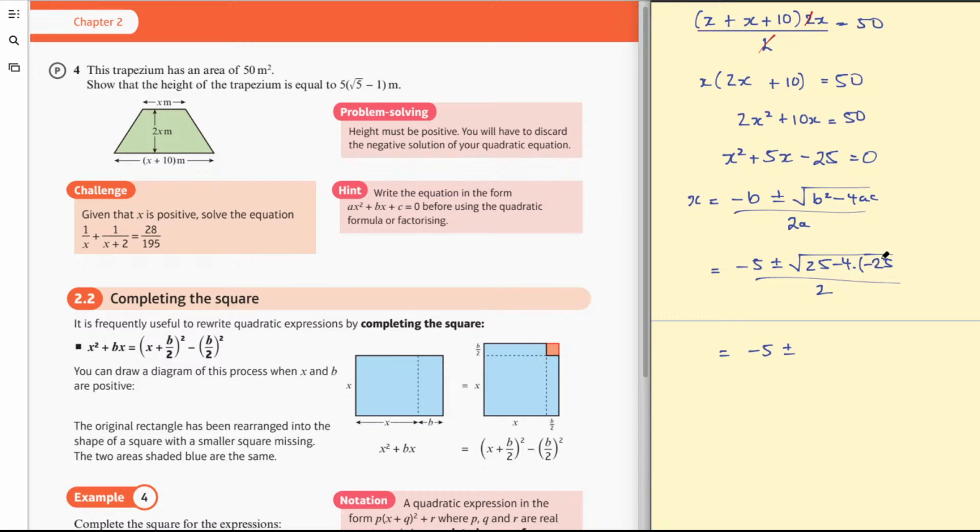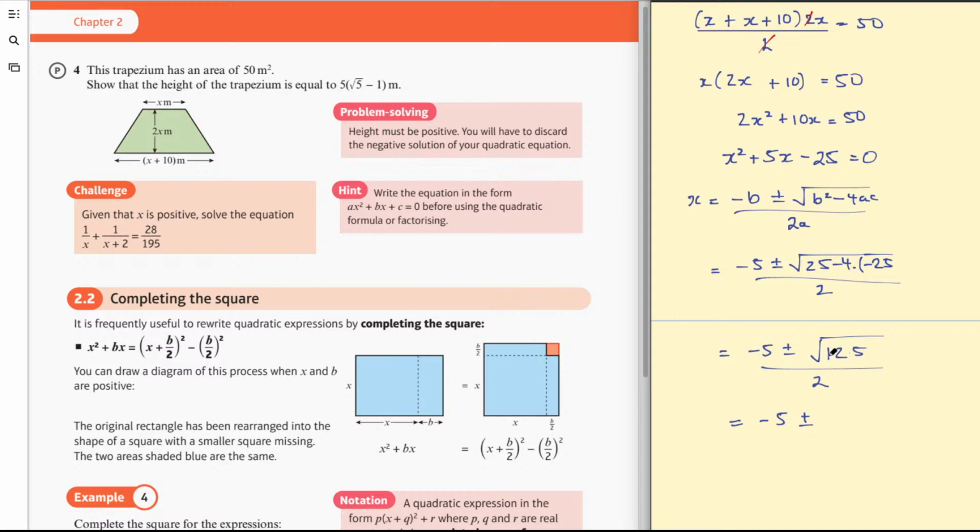So plus 25 plus 100 is 125, over 2, and then we have negative 5